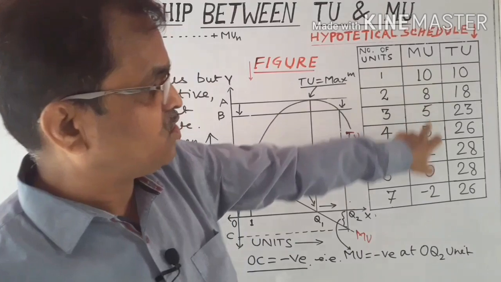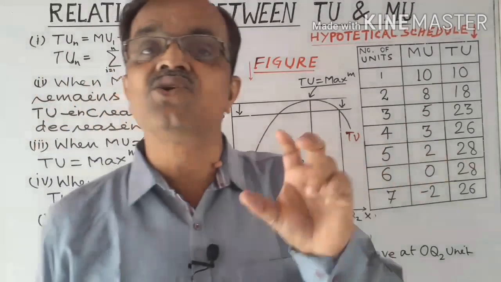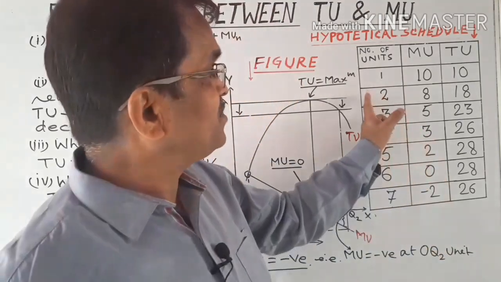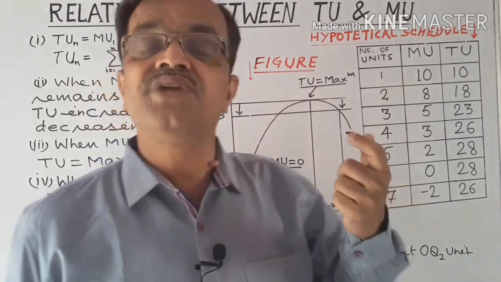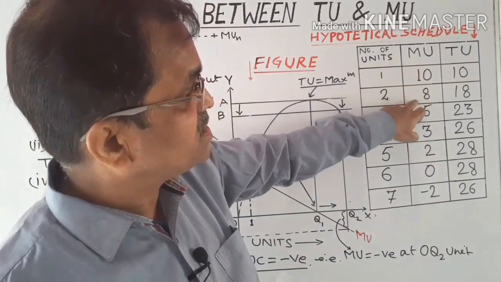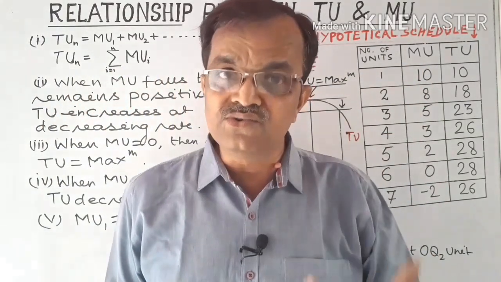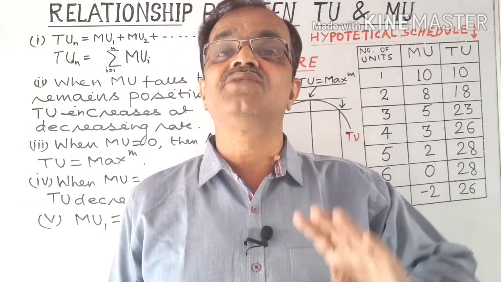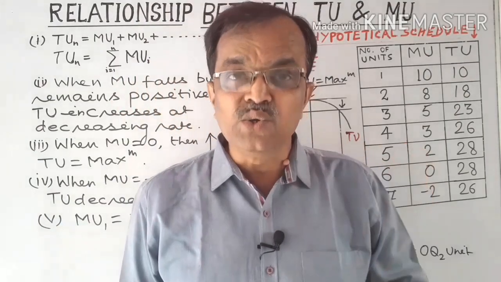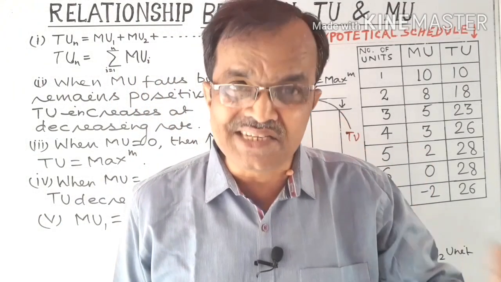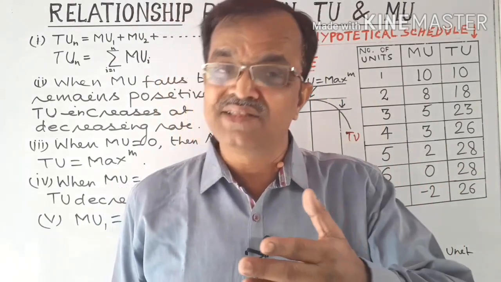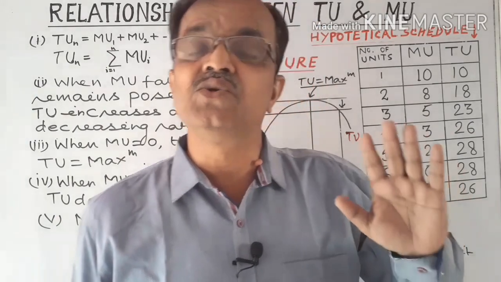The second column shows us the marginal utilities of the various units of that commodity consumed. As we know, there is an inverse relationship between the units of the commodity consumed and the marginal utility. And that's why marginal utility continuously falls due to an increase in any additional unit of that commodity. But so far as total utility is concerned, total utility first increases up to a certain unit of consumption, reaches its maximum, and then after that unit of consumption it goes on decreasing.